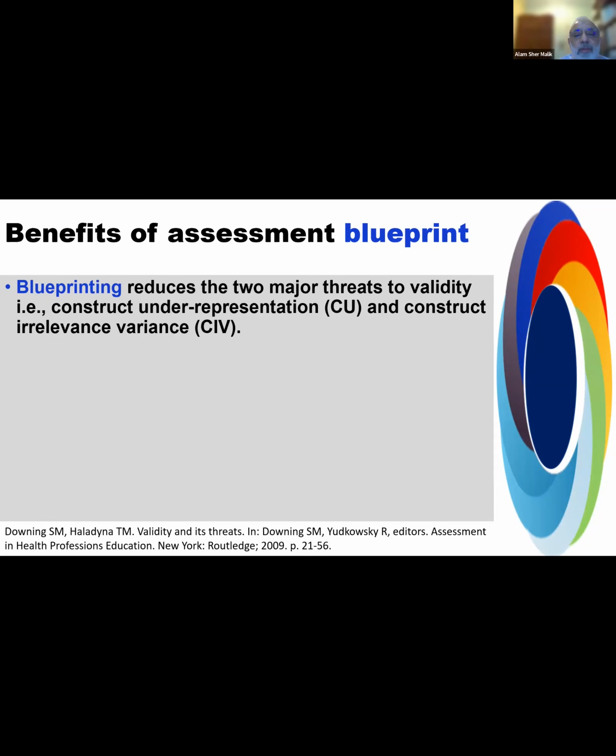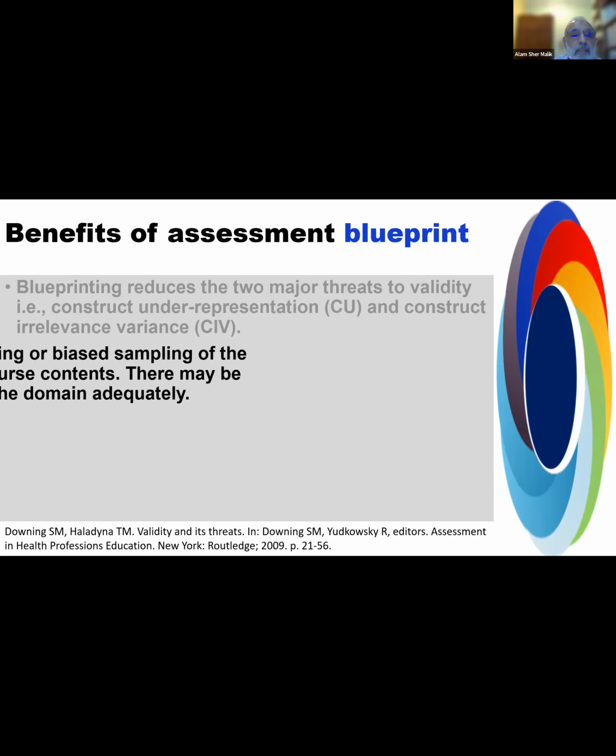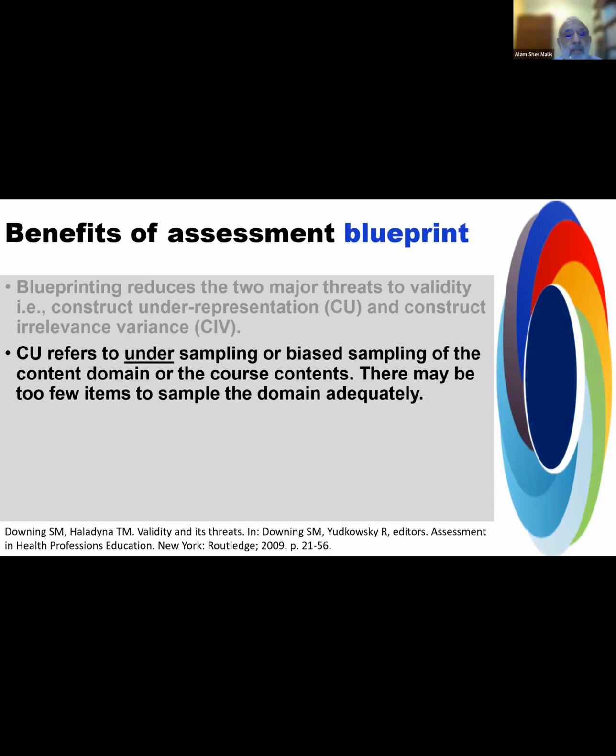The blueprinting reduces two major threats to validity. That's another important thing to understand about the blueprinting. एक है कंस्ट्रक्ट अंडर रिप्रेजेंटेशन और एक है कंस्ट्रक्ट इररिलेवेंस वेरिएशन।